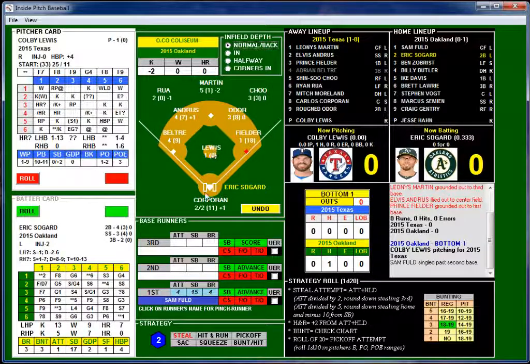Lewis is way below average. And Corporan is also below average. So -6, +1, +2, 3, 4. So they're actually a -2 if everyone was averaged. -2 in range, so just below an average ball team there.